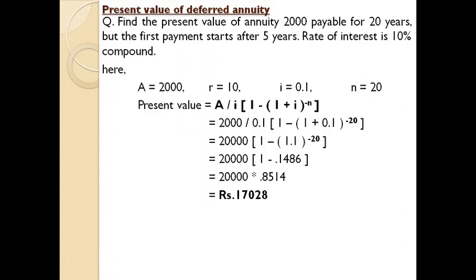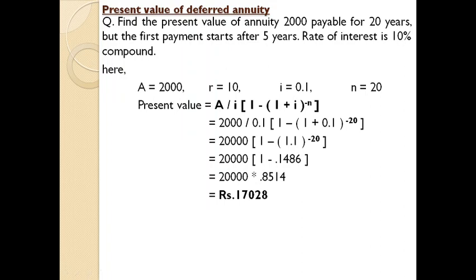Okay, this is the total present value of a certain amount by the end of the 20th year. But in this case, there is a lapse of 5 years because it is a case of deferred annuity, where the first payment starts only after the 5th year. So you need to find the present value after considering these 5 years. Out of 20 years, the first 5 years are lapse years, so you need to find the present value on the basis of the remaining 15 years.